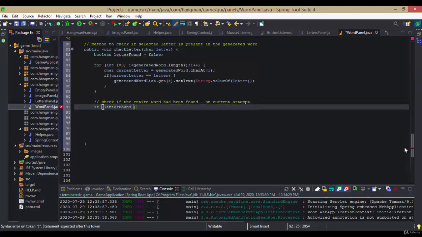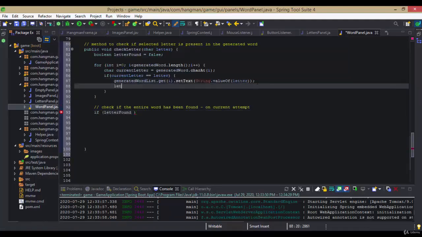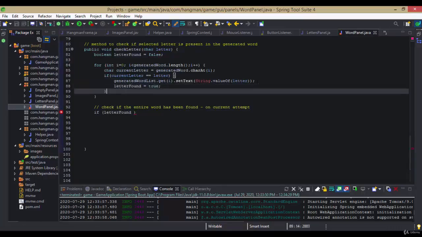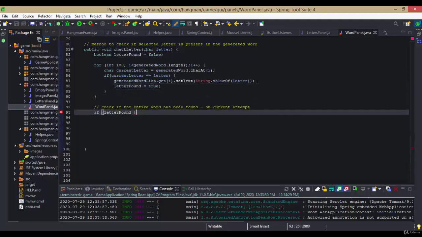So if the letter was found, however, we should not forget to change the letter found variable to true. Okay. So if the letter was found,